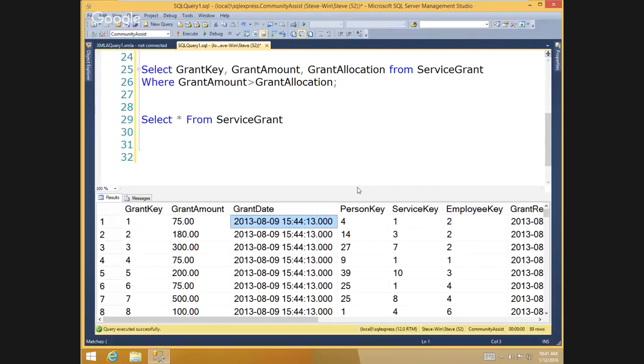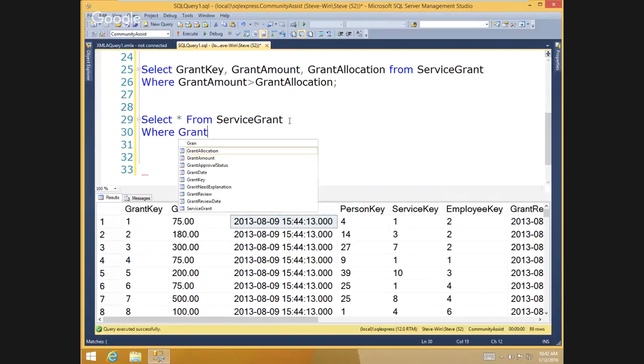This is a date time field, and notice it has the year, the month, the day, and then it has the time. Now, there are date fields where it's just the date, and there are time fields where it's just the time. But this is a date time field, and you don't have to ask for all of it. So let's select from service grant where grant date between,